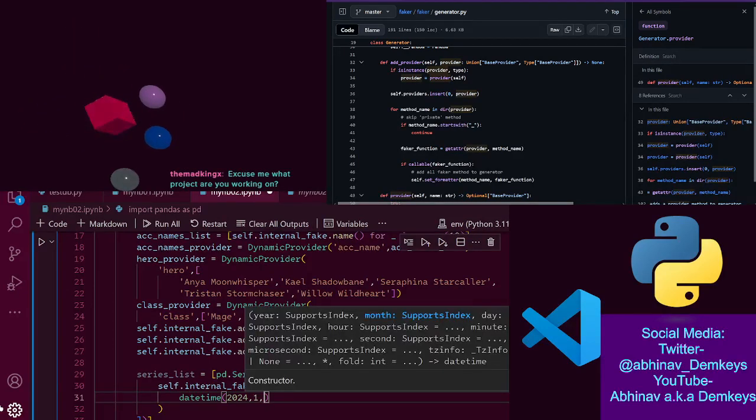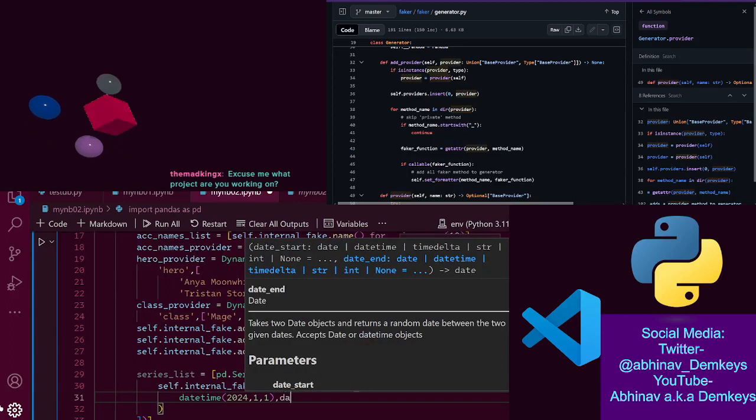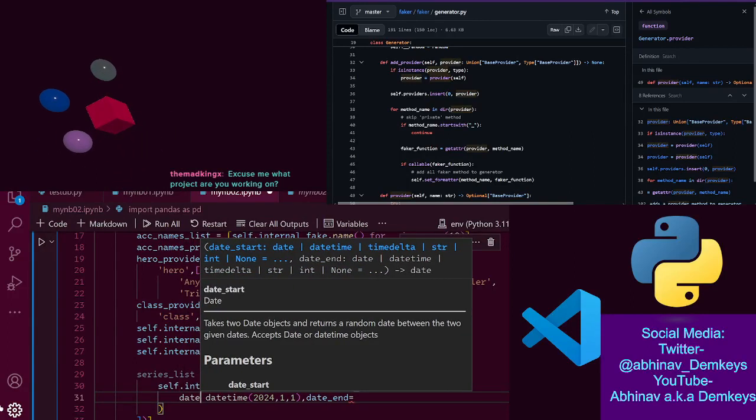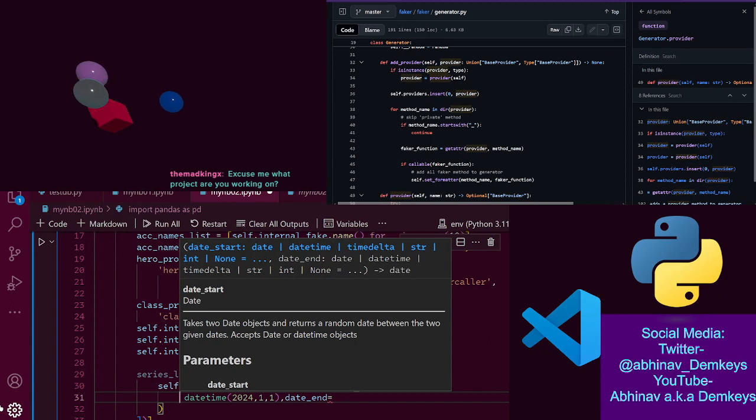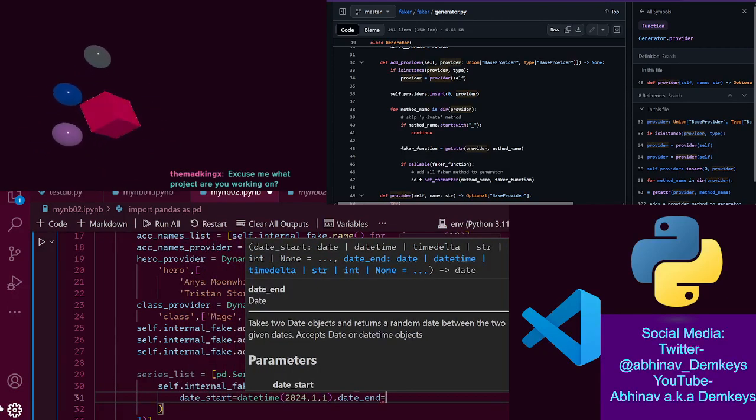I don't think all of them are necessary, right? I don't think time is needed. Right, so then we have the end date, which is going to be, okay, so let's also specify this one then. Date start equals this, and then date end equals datetime